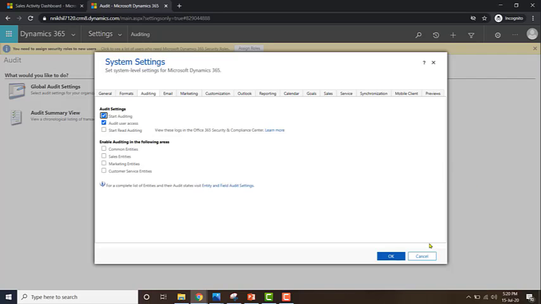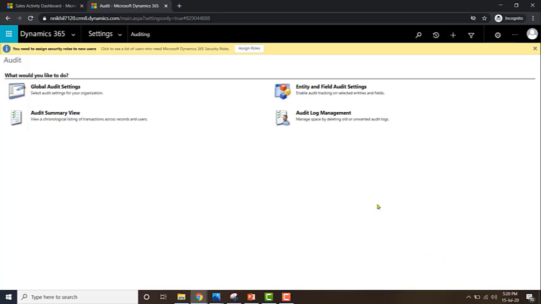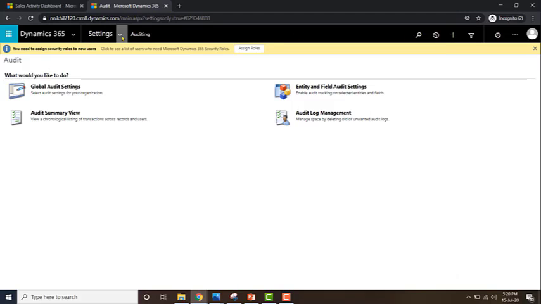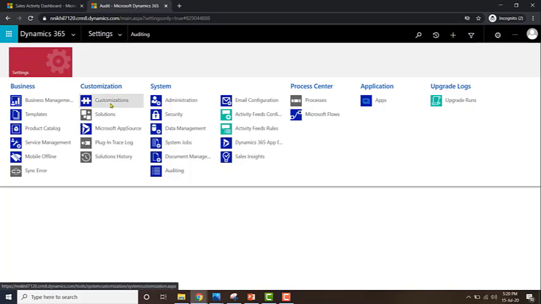The second way is, if you just want to enable it for one specific entity, then you can go to the entity and field audit settings. This will redirect you to the default solution. You can also go to the default solution by just going to settings, customizations,